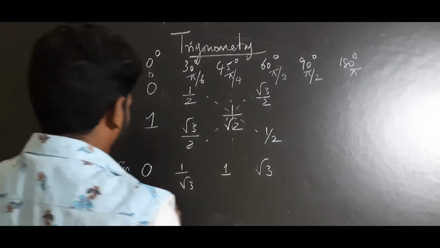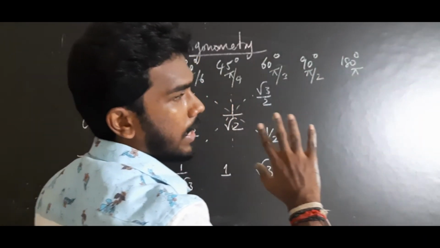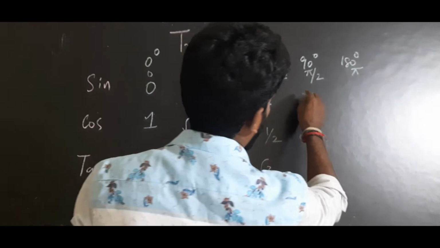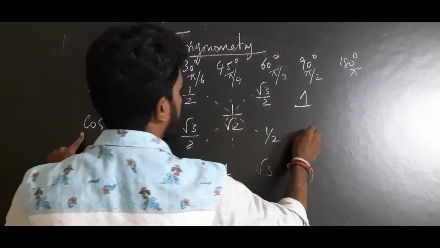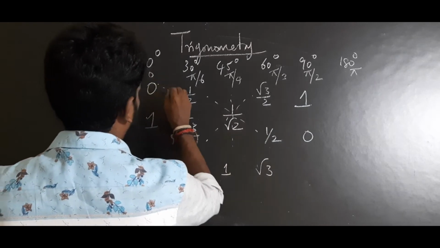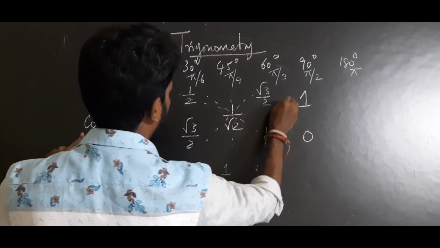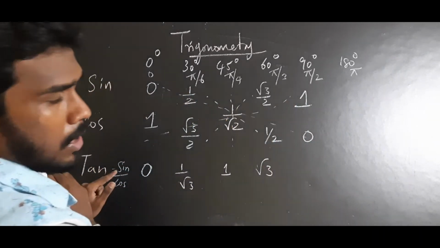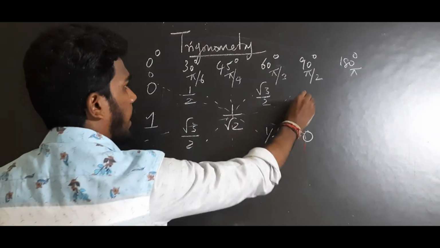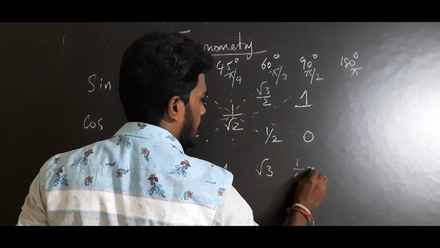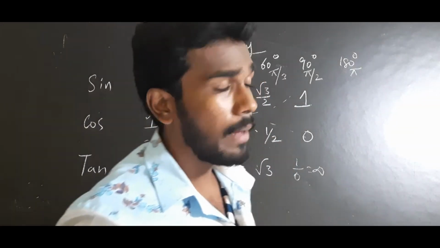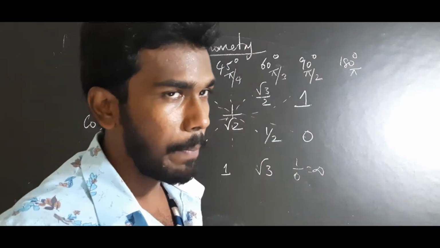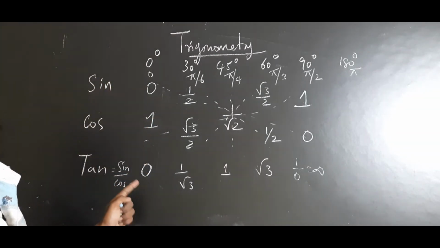And the sine value will be maximum at 90 degree. It will be 1 because all the other values will be less than 1. Cos 90 degree will be 0. So sine 0 is equal to cos 90 degree, and cos 0 is equal to sine 90 degree. And tan 90 degree is 1 divided by 0, and 1 divided by 0 is infinity. We cannot find a value. And regarding the 180 diagram, I'm not going to dive too deep. So if you want to make a copy of this, you can.